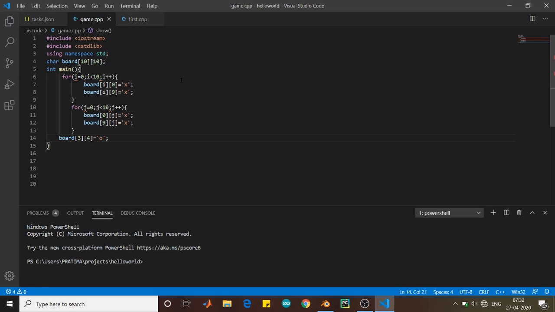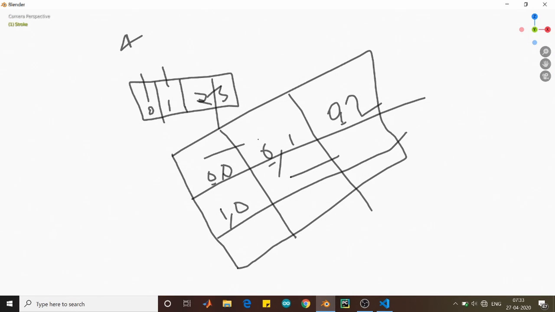Now, as you can see, we have made our basic code of how our board should look like. I have started with a loop as I want to move forward in this loop. So I have created an i equal to 0, which is going to move to 1 and 2, and so on.